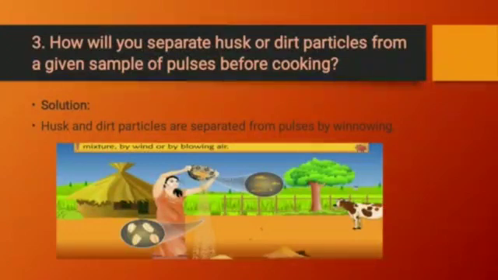Some dirt particles also we can separate by winnowing, and if some bigger impurity is there, we can use the hand picking method also. But here only husk or dirt particles are there, so husk is light in weight, and dirt particles also we can easily blow away with the wind, so husk and dirt particles are separated from pulses by the winnowing method.